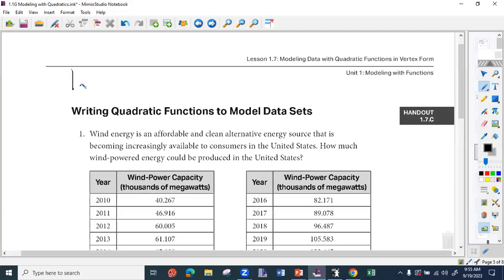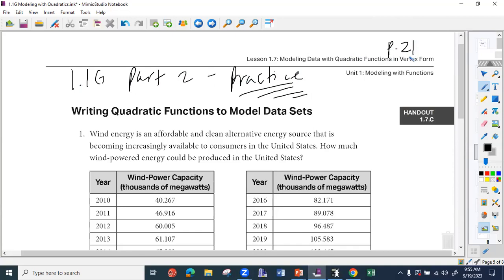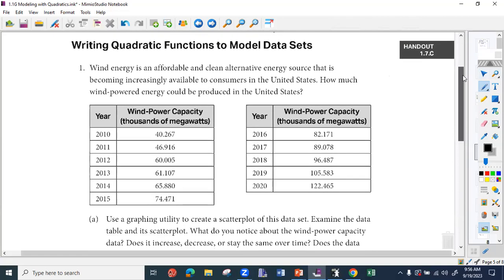So this is going to be your 1.1G part 2 notes. And this is practice. If you're trying to be mindful, this is going to be page 21 in your notes. Okay, so on part 2, the reason why I want to go over this with you is that notice that